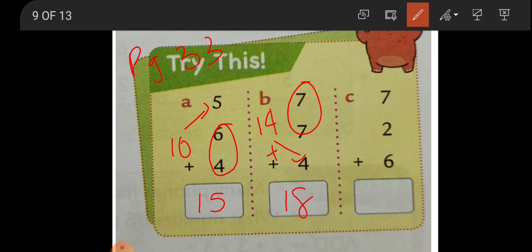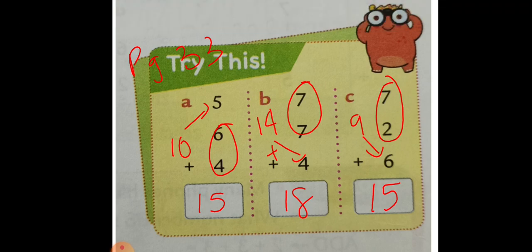Okay. Now here either you add 7 plus 2 or you add 6 plus 2. There are no doubles and there is no ten, so directly we will simply do addition. 7 plus 2: 7, 8, 9. Okay, 9 you get. Now you add plus 6. 9 plus 6: 9 in mind, 6 fingers up will give you 10, 11, 12, 13, 14, 15. So here you get 15.